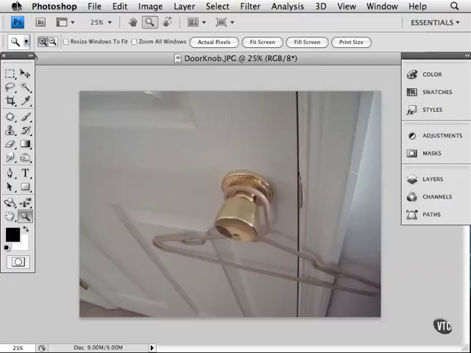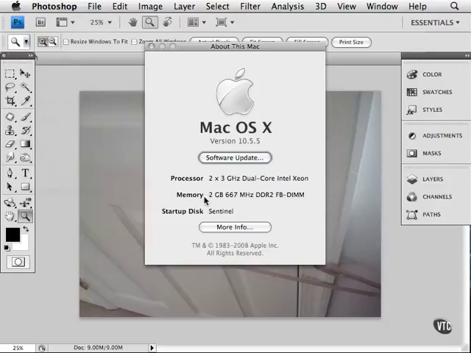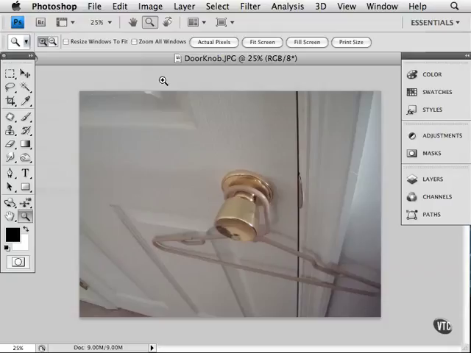Now let's see what I have on my machine here. On my computer, I have 2 gigabytes of RAM, which is enough for what I need to do. With 2 gigabytes, I've never had a single problem with anything in Photoshop. So if you have 500 megabytes of RAM, you might want to go to a gigabyte or 1.5 or something like that. RAM is still very inexpensive, so I highly recommend that you get as much as possible so Photoshop